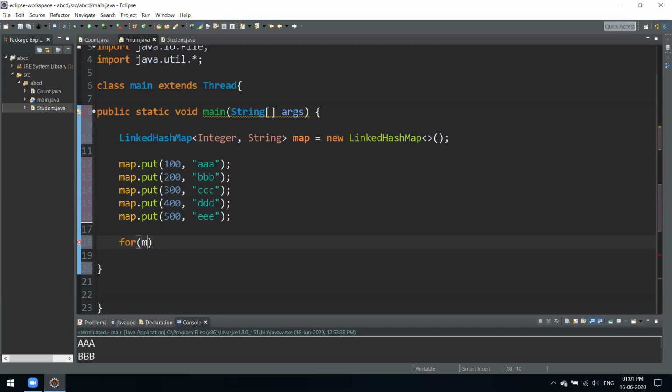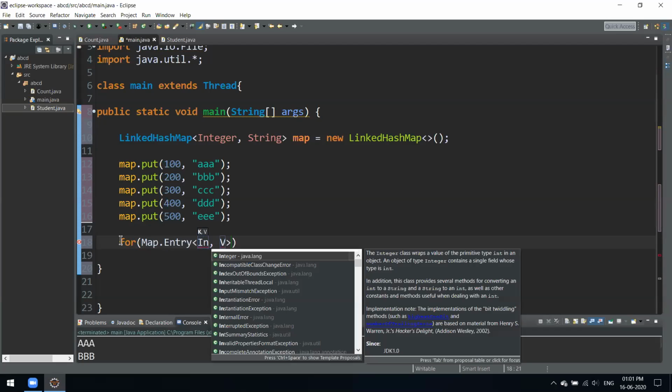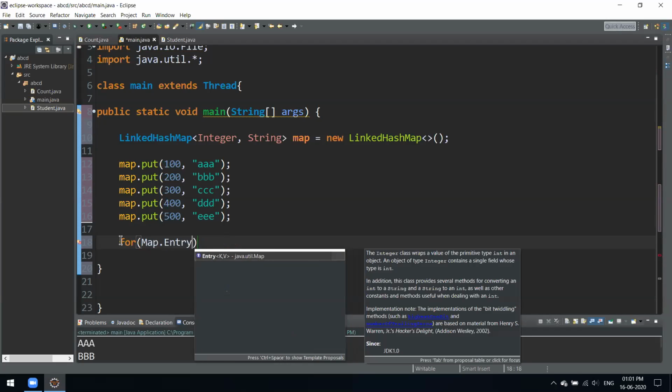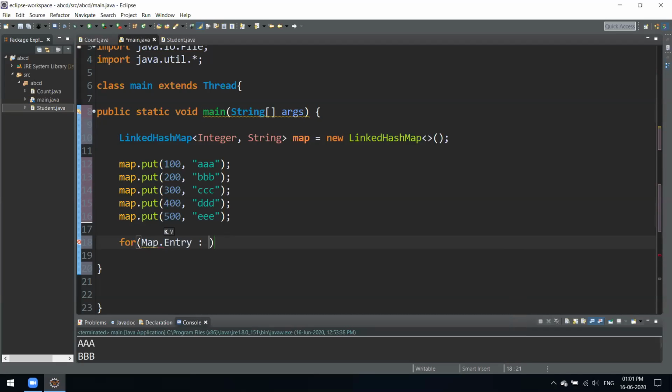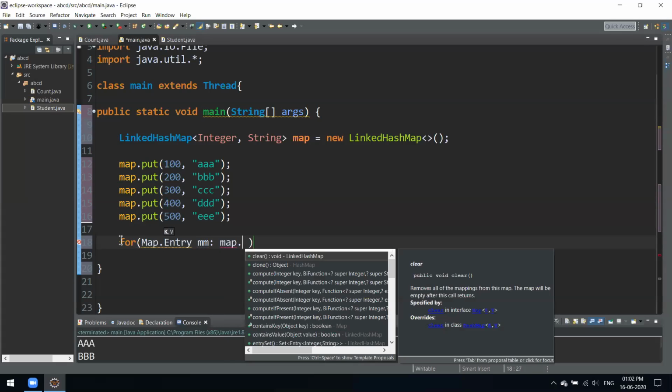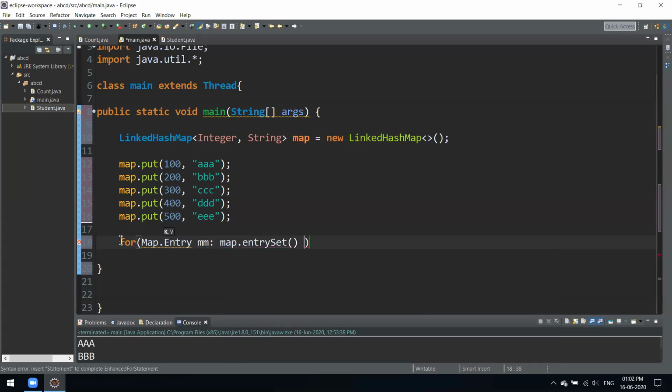We'll use a for each loop. Map dot entry we can use, and here we have to specify the key type as integer. Even if you don't specify this, you have the flexibility, and it will automatically check it. You just give it a name, whatever name you want. The name of our map is map, and we have to give it map dot entry set.